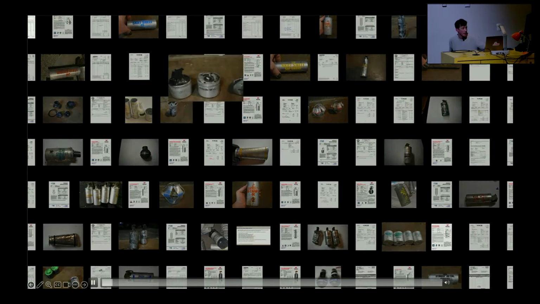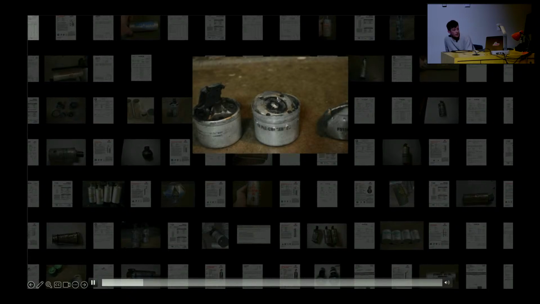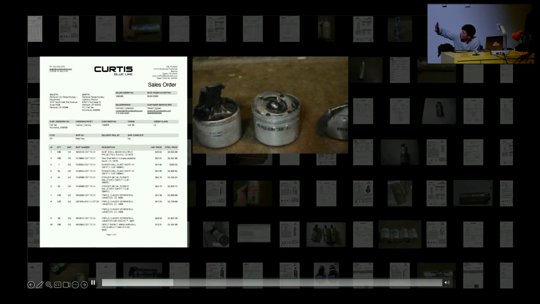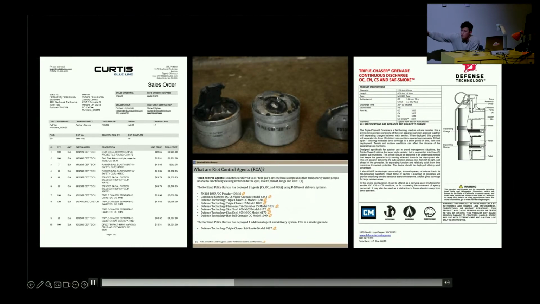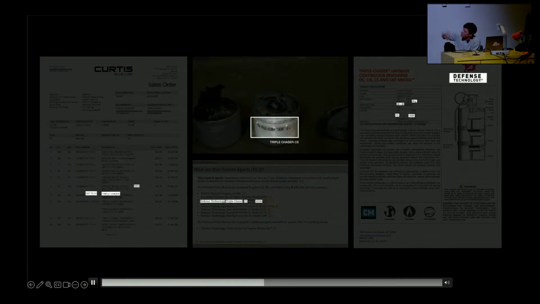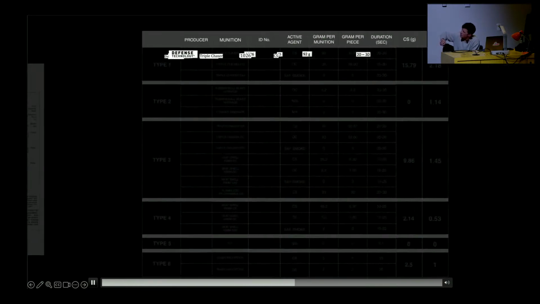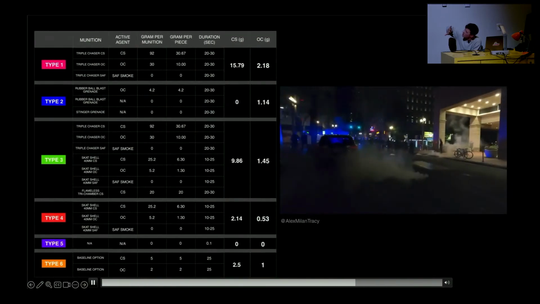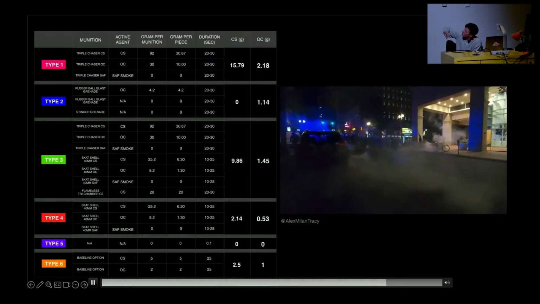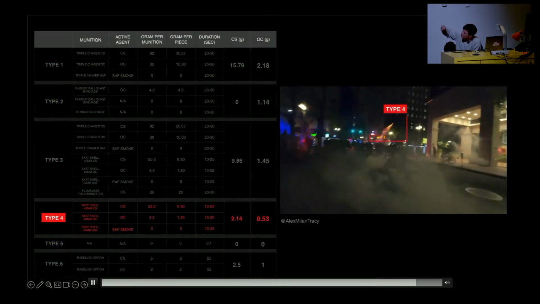The investigation began, as many of our investigations do. We bring together data sources, not only open source image documentation, but also orders of sale from the Portland Police, technical specifications. There you're seeing other documents made public by the Portland Police. And what we did is we turned all of that data into a kind of analytic typology. We determined that there were 6 broad visual signatures for types of munitions that were used by the PPB on those nights. We began to locate them within over 200, I believe, geolocated